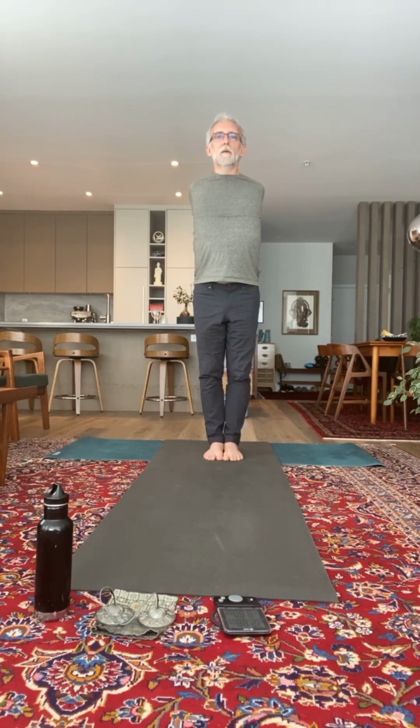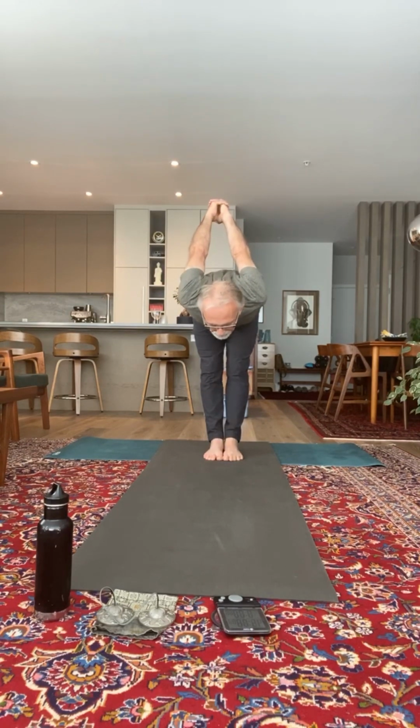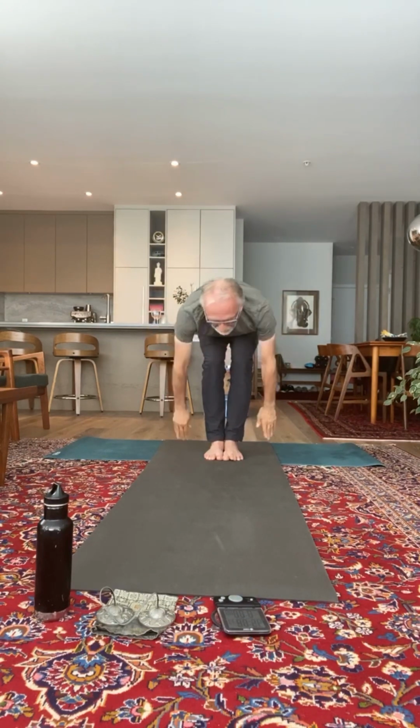Take a big inhale. Exhale, fold forwards. Legs can be straight. Go as far as you like. And then inhale, sit into the chair, arms forwards. Linger here. And exhale,